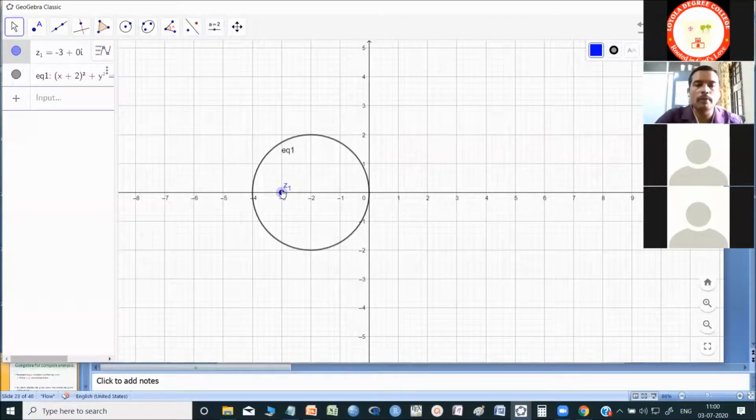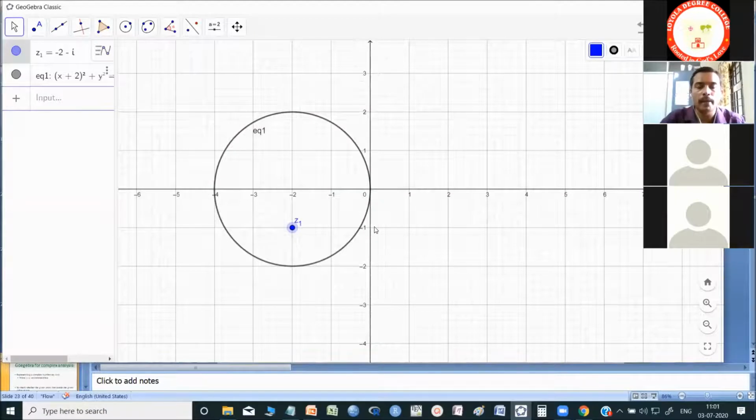Whereas if I go anywhere here, -2 plus i is a point inside the circle. These are things very difficult to explain to students. See, -2 minus i: now it is taking the place -2 minus i, x is -2, y is -1. So -2 minus i is a point inside the circle mod z plus 2 equal to 2. So whether all the points come inside or not, it is so easy to explain now using the geometry.